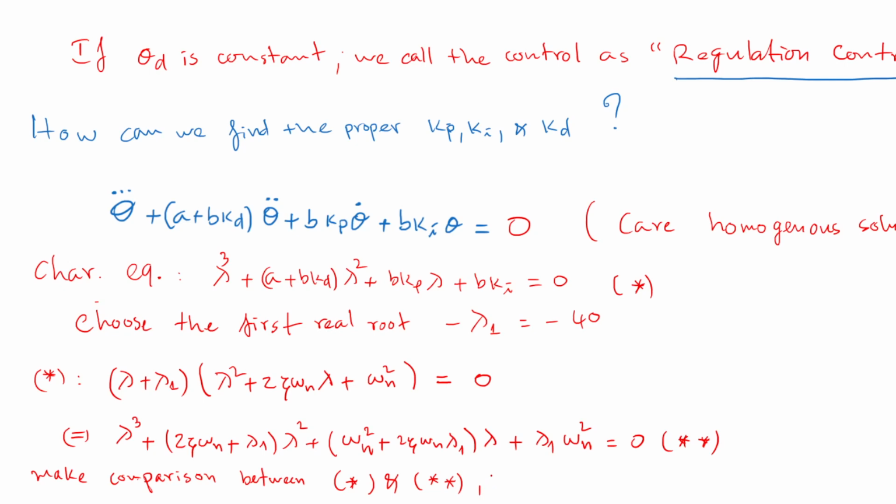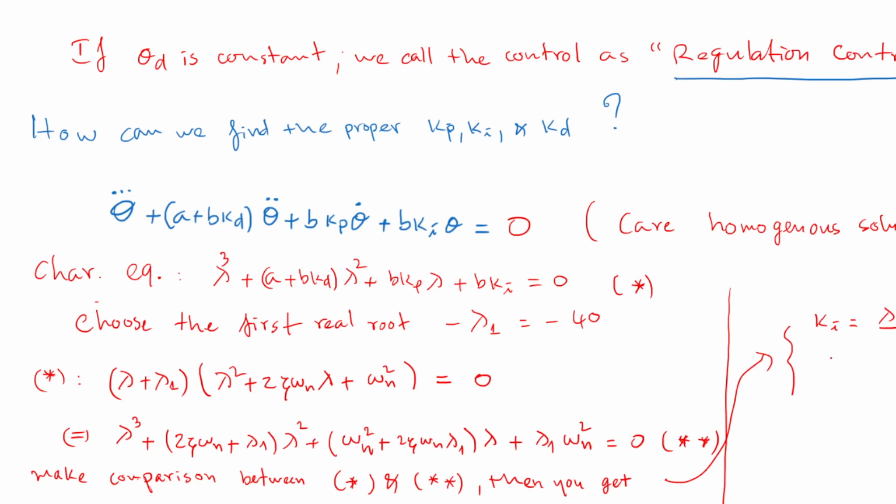Okay, then you can have, what? I think Ki can be found easily. Ki equal to lambda 1 omega n square over b, and then